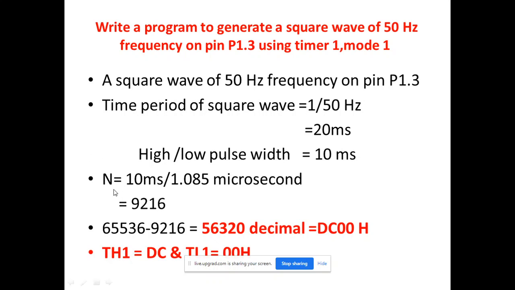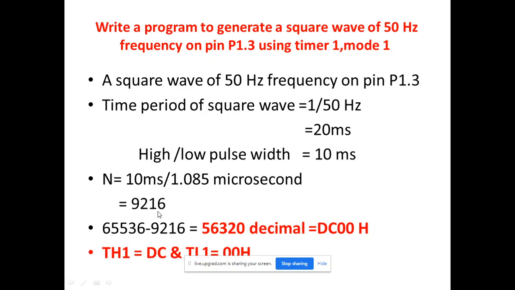Now, as per this knowledge, we calculate the value of n. n is equal to desired time upon timer time period, so we write 10 millisecond upon 1.085 microsecond. According to that we get the answer 9216.